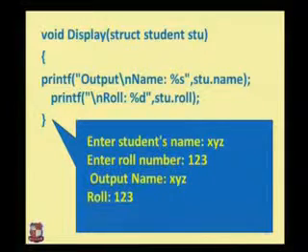Then enter student's name, what we are entering is xyz, enter student's roll number, 123 is the roll number. So what we get when we are calling the values of structure variables from the function, we are passing a structure into the function, then we are getting the output: name xyz and roll number 123. So what is the benefit of passing a structure to a function? We are defining a structure and we are passing that structure into a function. The benefit of a function is that we can define it once and we can call it many times. Similarly, if we are having a structure and we are defining that